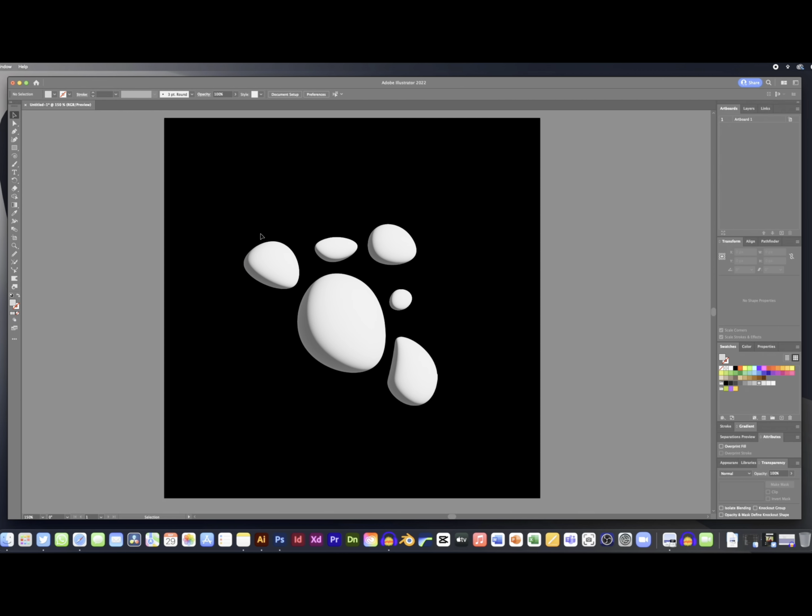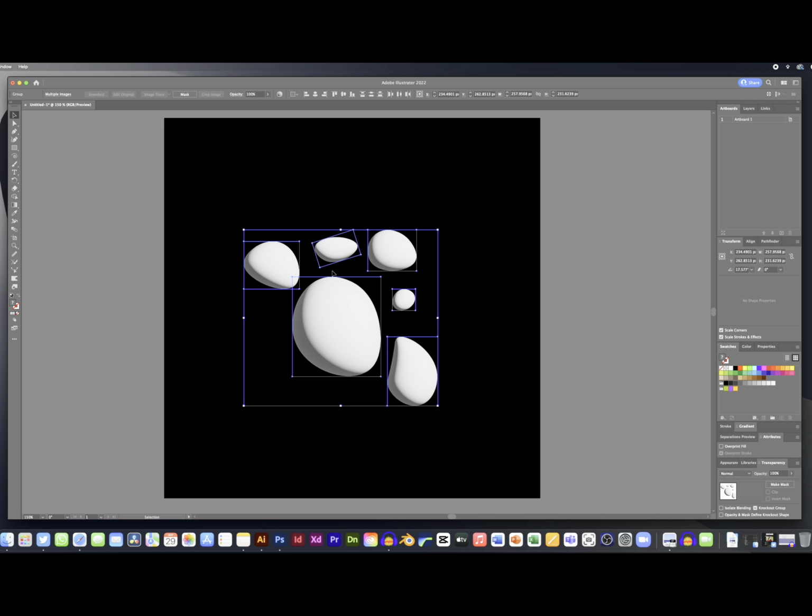I am going to show you how to create a pattern within Adobe Illustrator and also scale up and down all within the shape. So here I have just a bunch of different shapes. These are all vector shapes that I can still move around. So to make a pattern, you just select the objects that you want to make the pattern with, and then